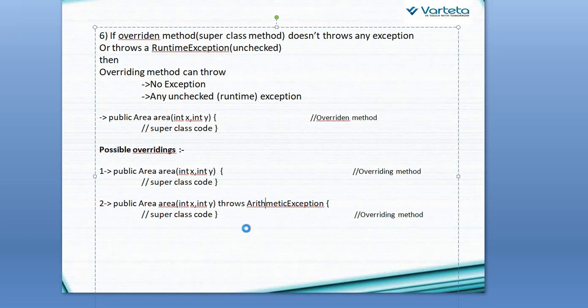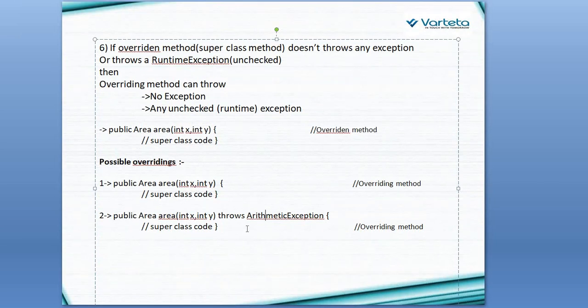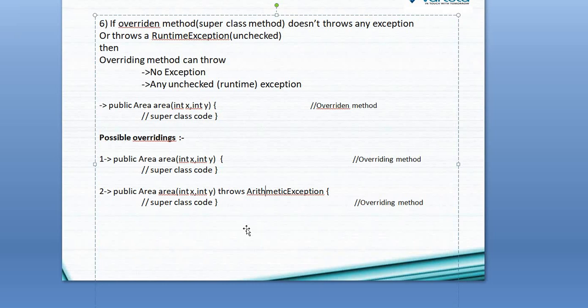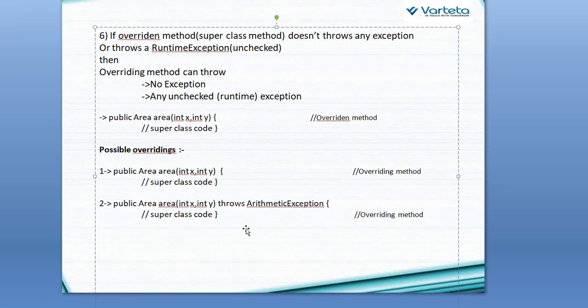So these are all the certain rules for overriding methods in Java. These are very important. If we don't follow these rules, then it is possible that we end up with an overloaded method, which is not our intention. So we should remember all these rules while we are overriding methods in Java. What is the benefit of overriding and how we use it practically, we will understand in the next video.